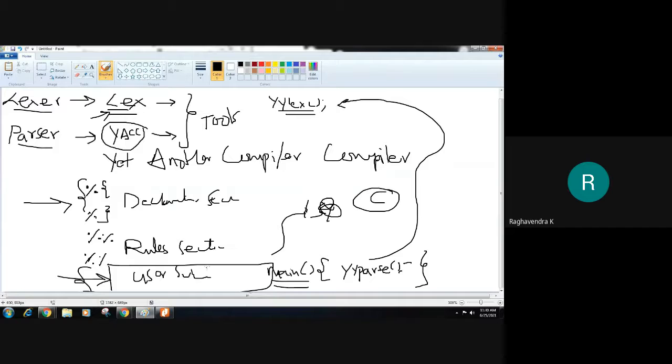You can write any function in the user subroutine section, but remember that one main function should be there, and that main function should have a call to yyparse. Now, what are the other changes? The other changes are in the specification of the rules.